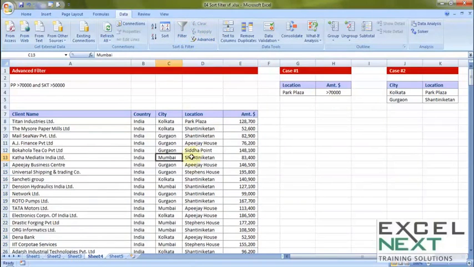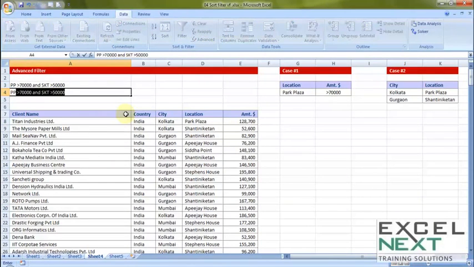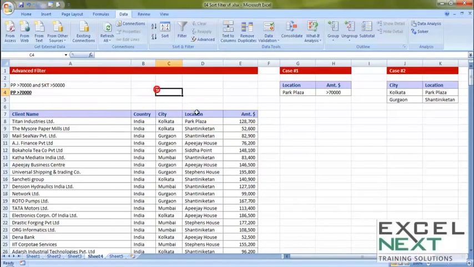Alright. Now to talk about advanced filter, let me first explain the basic theoretical mechanics, how it works, and then I will talk about this question as well. So as of now, let me take a simpler one. Let me take the simple question which says Park Plaza more than $70,000, the one which has been bold and underlined. Now before I talk about advanced filter, let me activate the button of advanced filter.